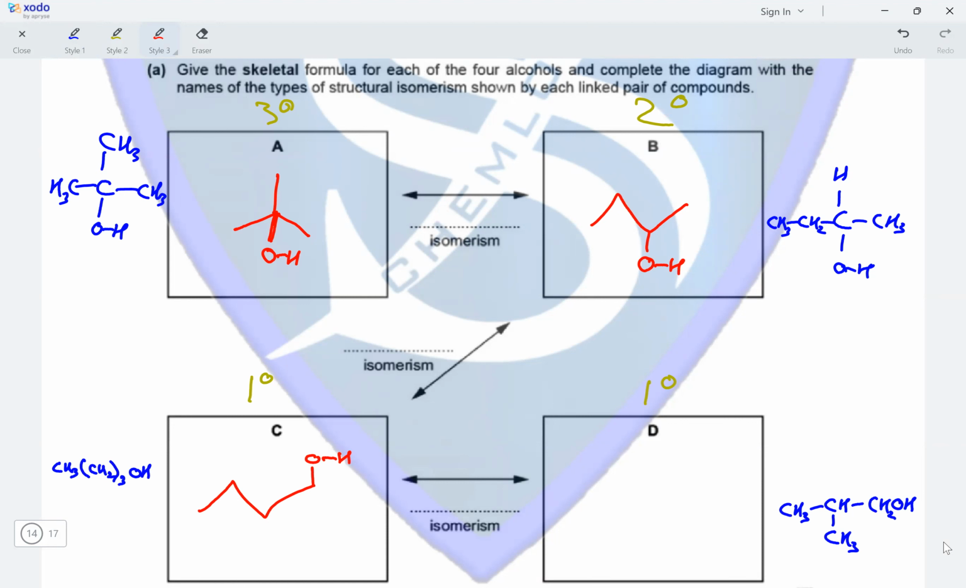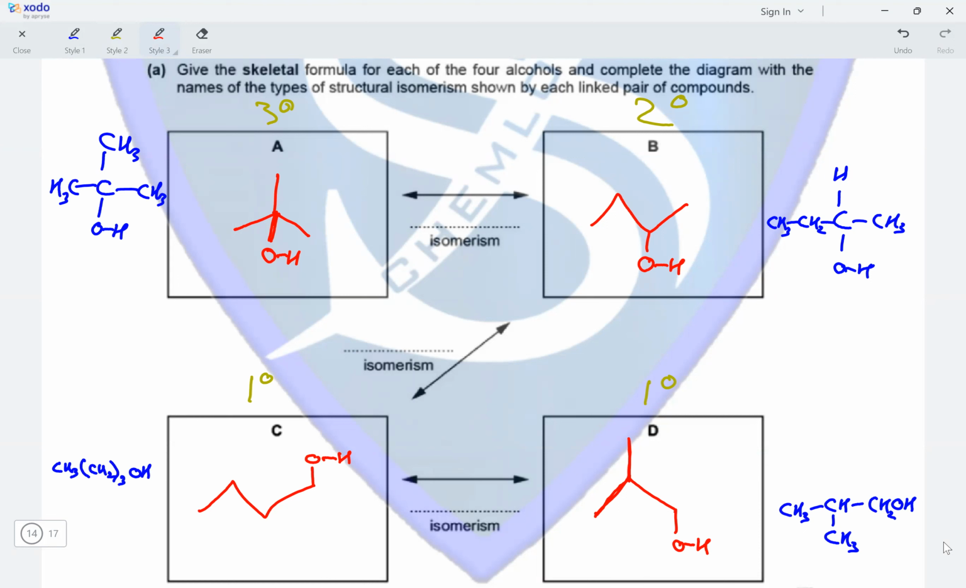And for D, we would have a structure like this with a CH3 group present on the second carbon atom. So these are the skeletal formulae of the four different alcohols that have been provided to us with the formula C4H10O. And now to identify the isomerism present between the